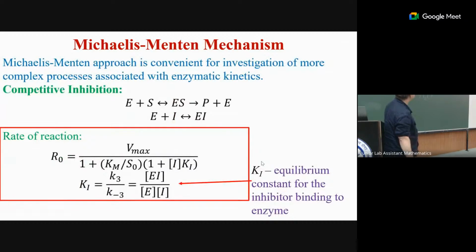Okay, but the Michaelis-Menten mechanism is powerful enough because you can extend it. For example, you can extend it and include so-called competitive inhibition. Competitive inhibition means that there is another compound called I, which can bind to the enzyme and essentially block the enzyme from doing its main catalytic part. Again, you can do the same calculations as I told you, and you can get the final formulas, and you see there's an additional factor due to this inhibitor.